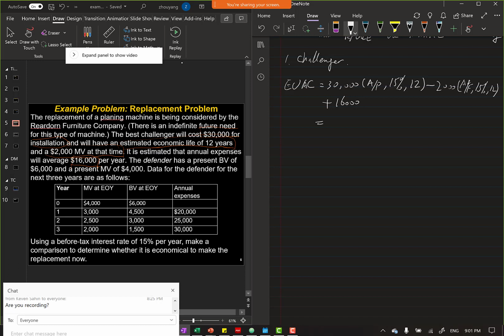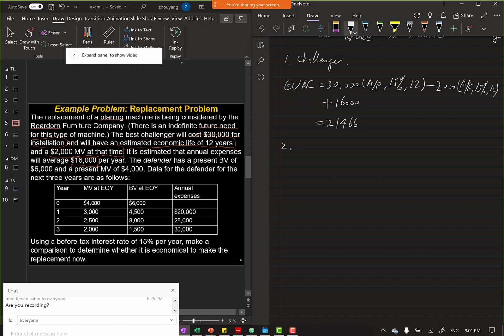And this equation will lead to 21,466. And this is the EUAC for the challenger. And then the next step